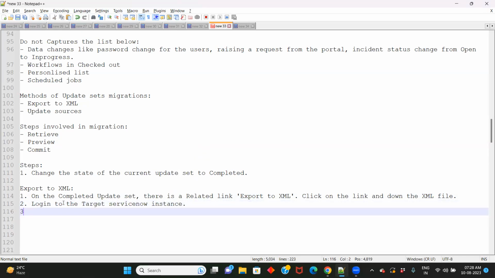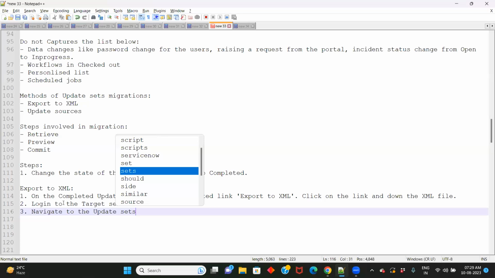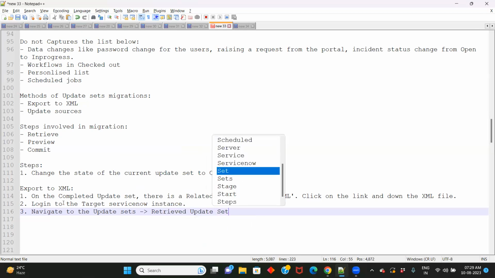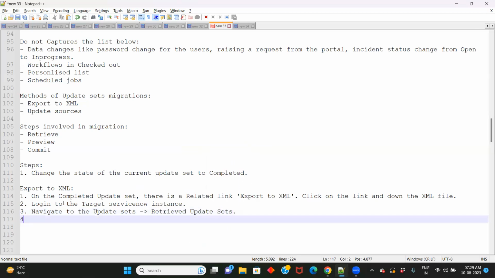Okay, navigate to the update sets, retrieved update sets,